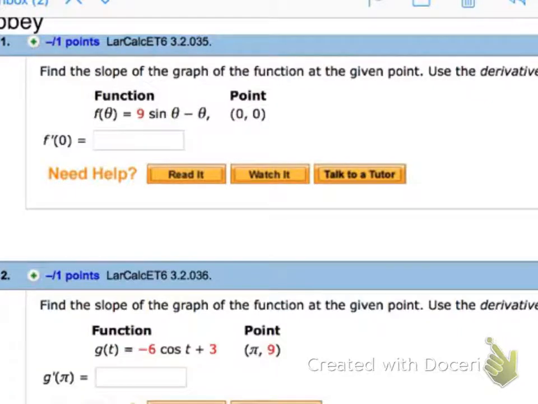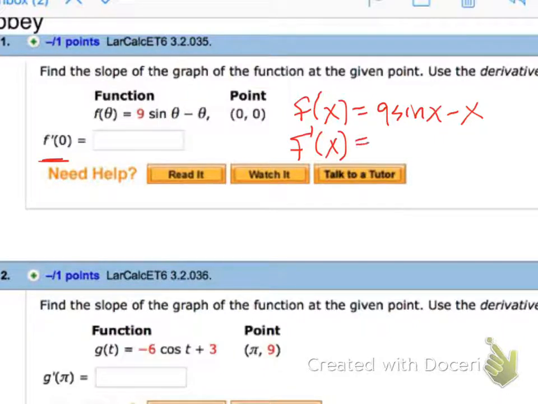Hey Alex, what can be tricky about these is that the x maybe kind of threw you off, or the theta rather than an x. If you want to rewrite it, think of it as f of x equals 9 sine x minus x. That might make it easier, because when it says f prime of 0, you need f prime of x